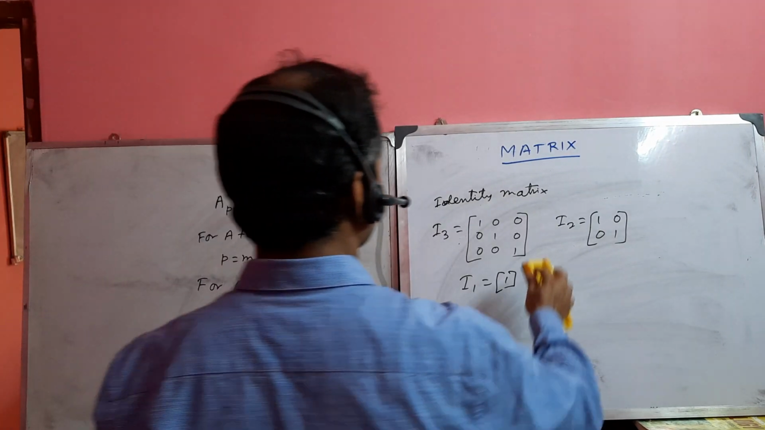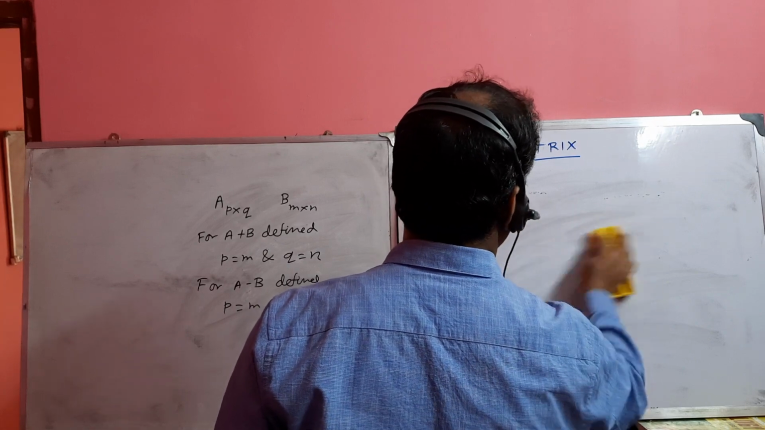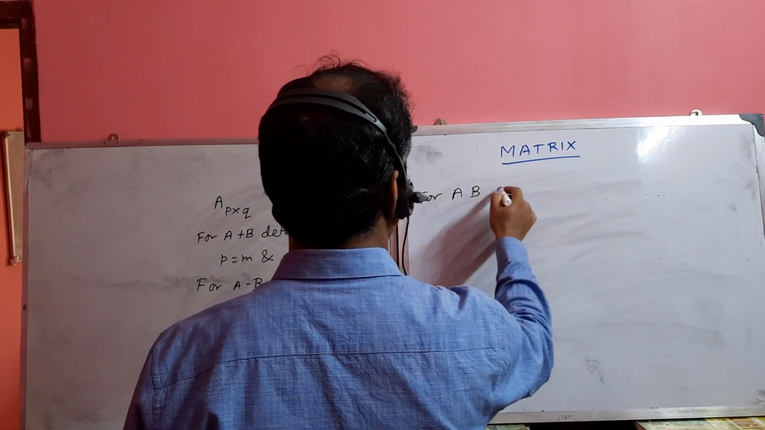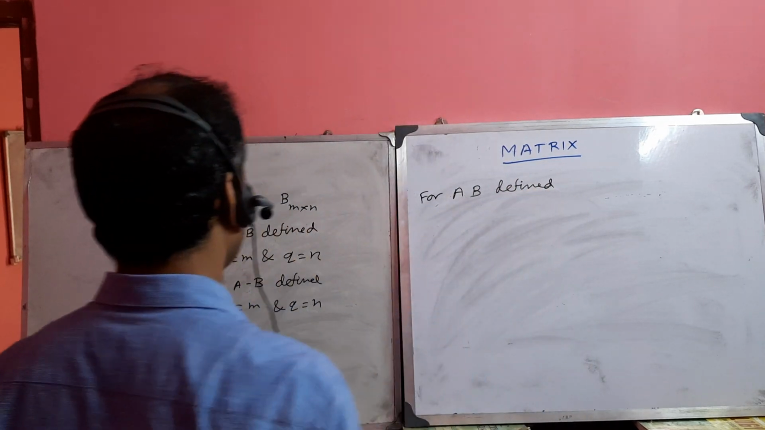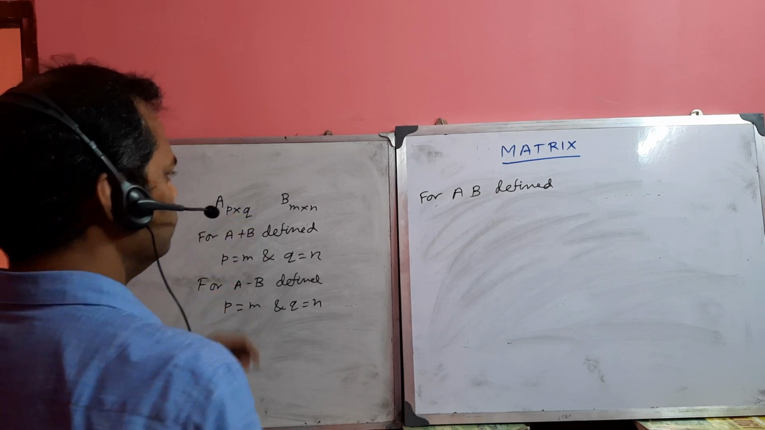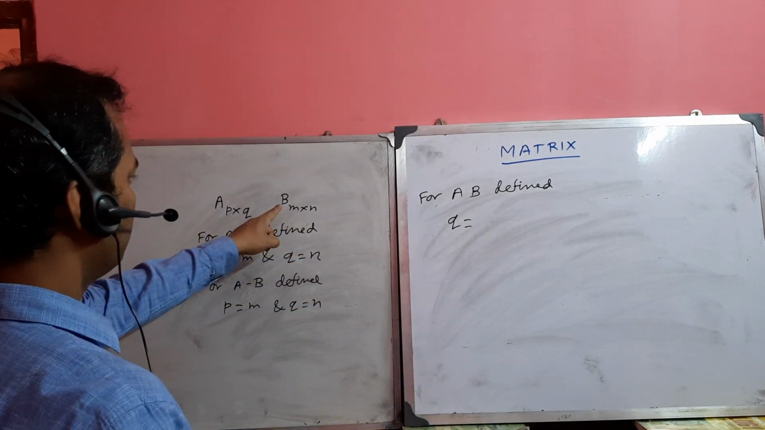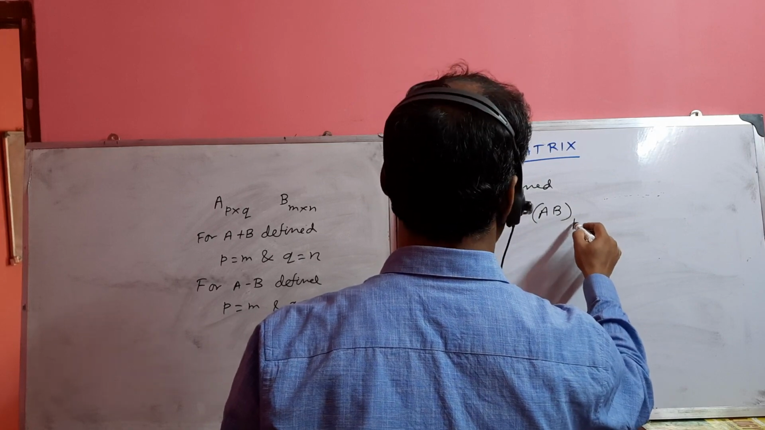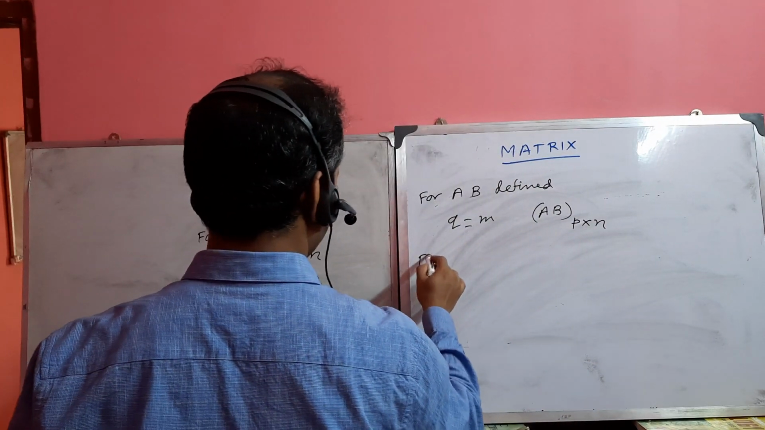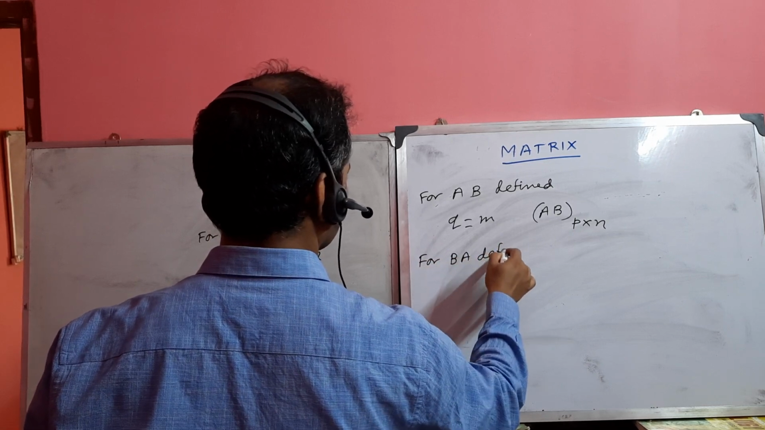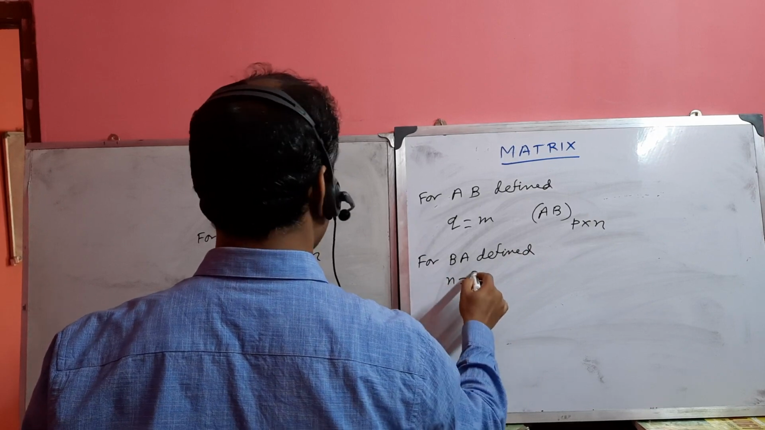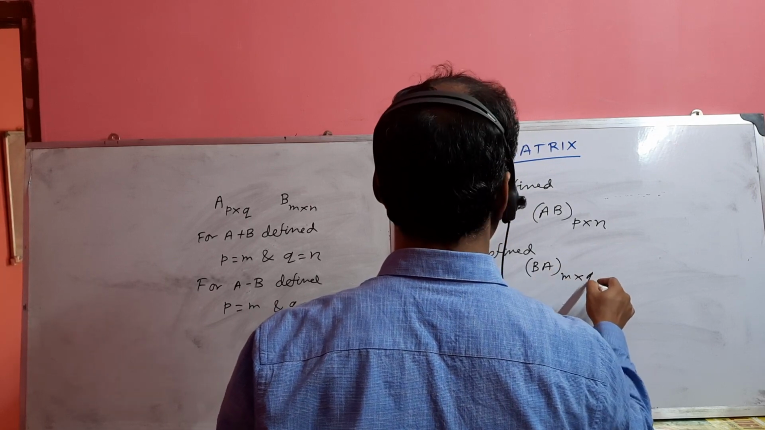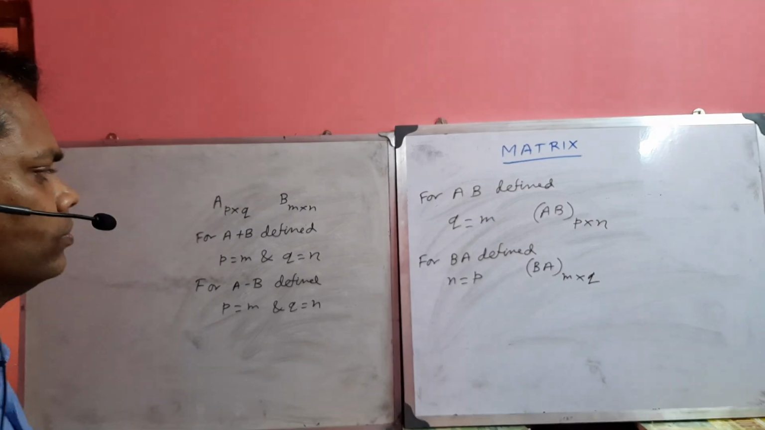For multiplication, for AB to be defined, the number of columns of A is Q and the number of rows of B is M, so Q equals M, and the order of AB becomes P by N. For BA to be defined, N equals P, so the order of BA is M by Q. As for example, let